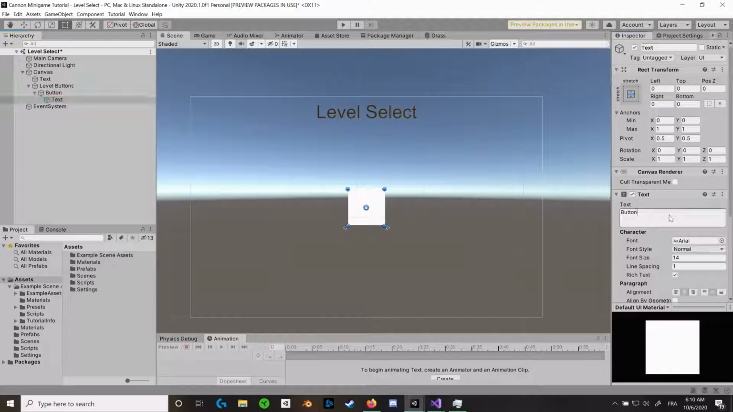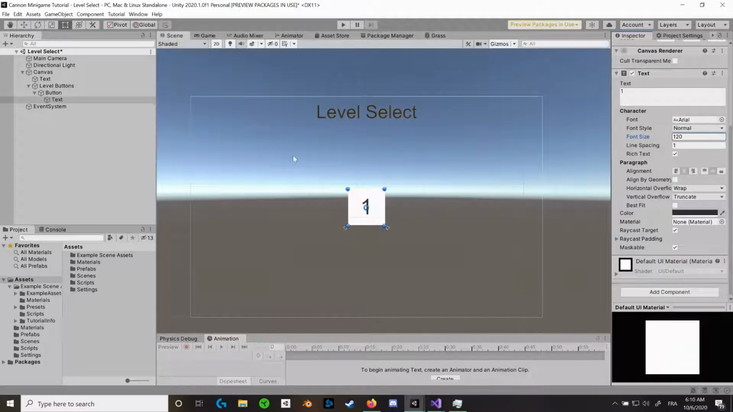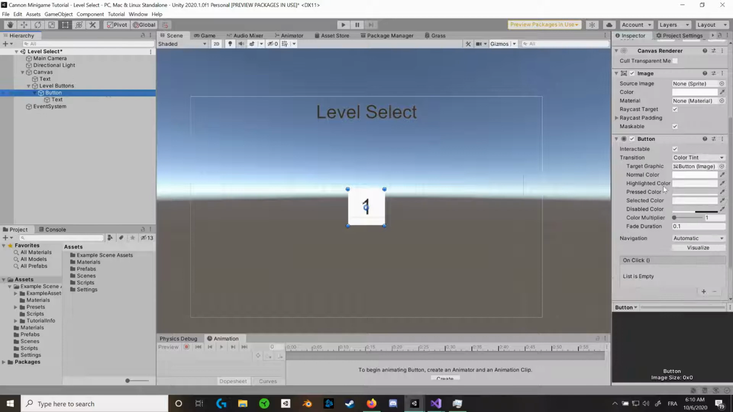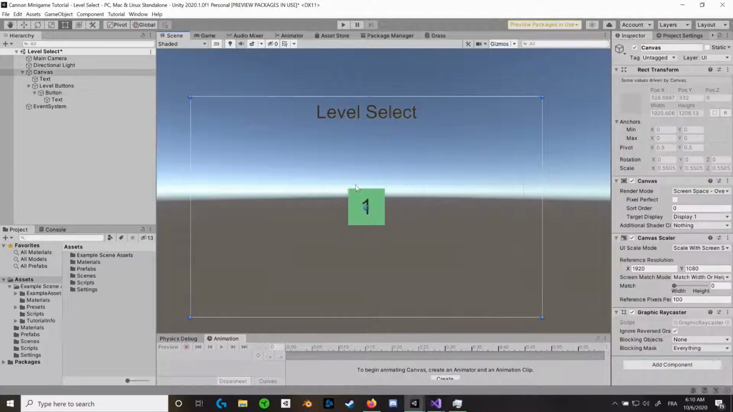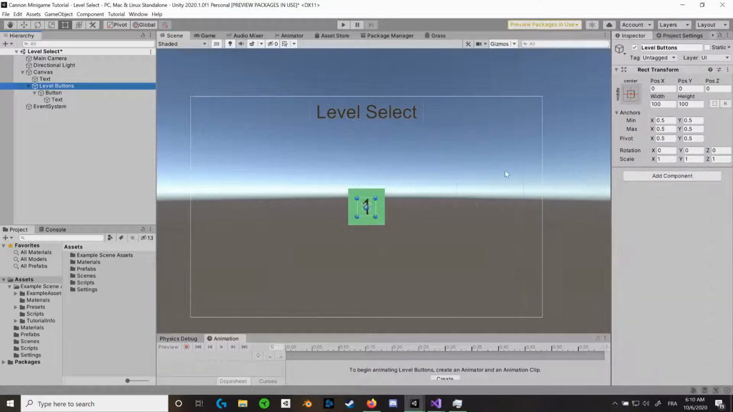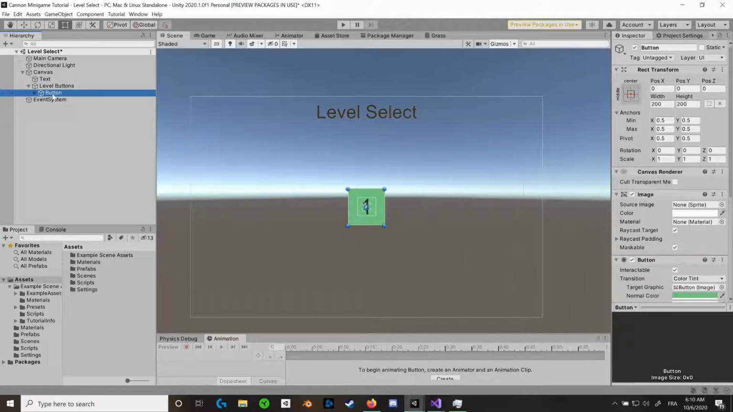So now we need to mess with the text in here. What we can do is change the text to just say 1, change the font size up to be a bit bigger, like something like that, and the color is fine, and let's just go ahead and give this button a normal color of maybe a nice green. That seems good to me. Okay, so now that we have that, let's go ahead and take the button, call this level 1,